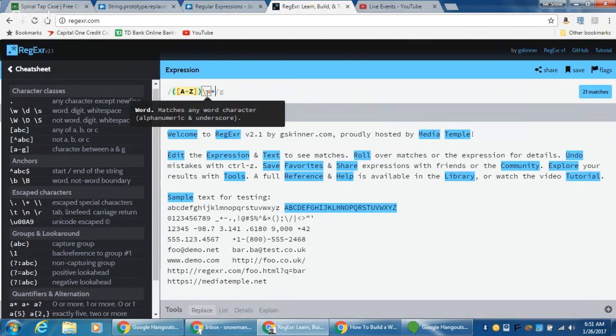Then next, touching it, it says word. Match any word character. It's a lowercase w, which is over here, which is word. So it's any alphanumeric character and underscore. So we're looking for a capital letter followed by anything that is alphanumeric or underscore. And then we have this plus, and this plus says match any one or more of the preceding token. What that means is, we have one in this capture group of a capital letter, and then keep matching with this plus any